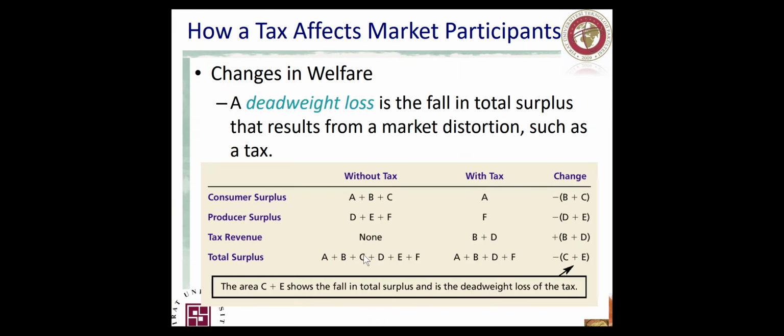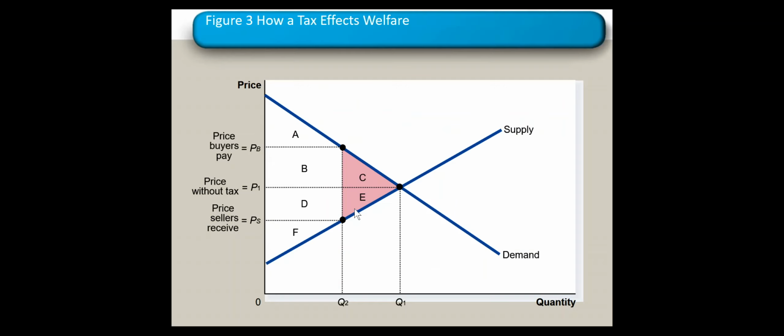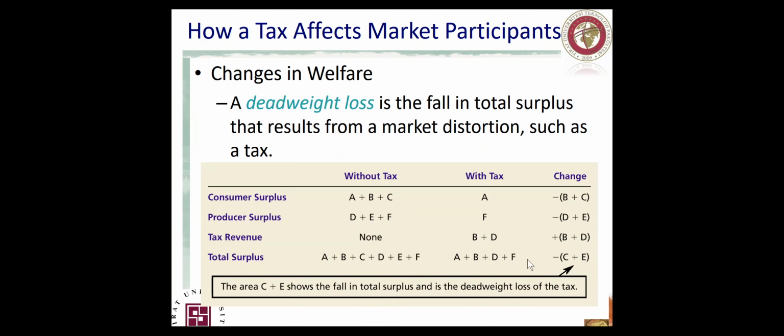Okay. So if I ask you any question about the deadweight loss, now you should know how to calculate it. It's not difficult. It's an area of a triangle, so you know the height, you know the base, so you can calculate it. You can calculate these two triangles and sum them up. You will know the total deadweight loss.